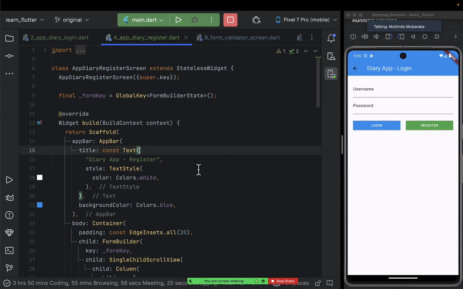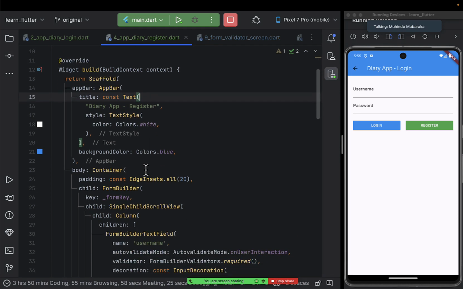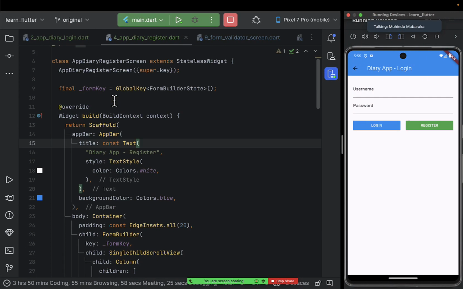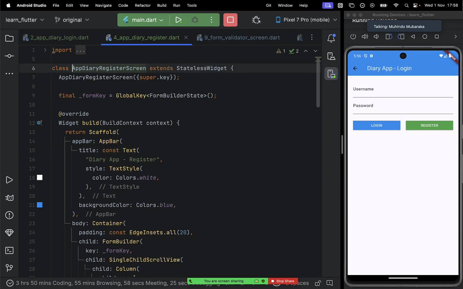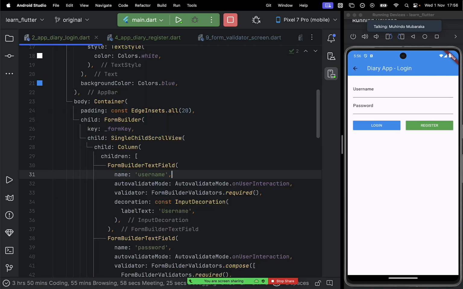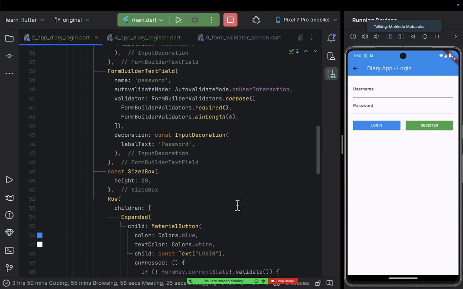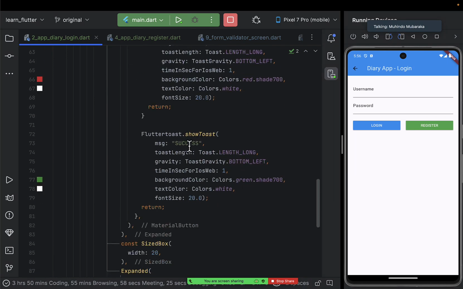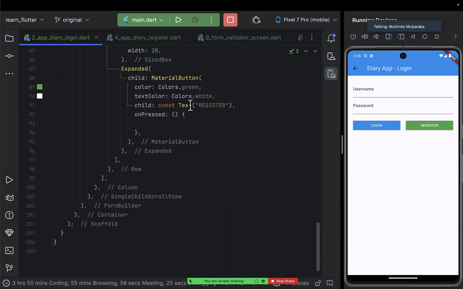The next thing, we are now going to write the logic that if someone clicks on this register button, they should be moved to the screen of the register. Remember, I've just finished creating the screen of register. So let's go ahead and do that logic. I'll just simply copy the app diary register screen name. I copy its name. Then I come back to the login screen. Then I come to this button of register. This button of register, where is it? It is this one. So when someone clicks there, he should be taken to the